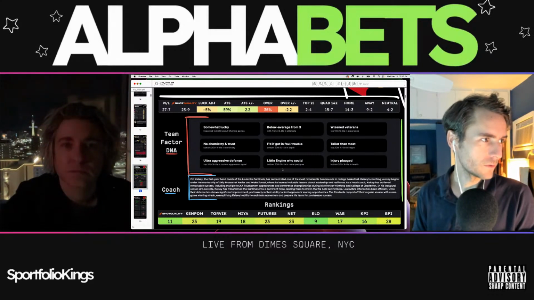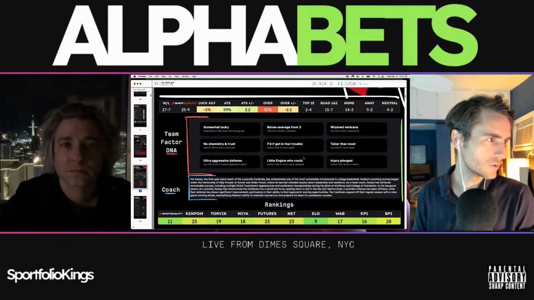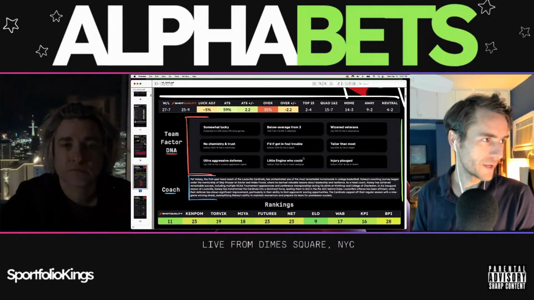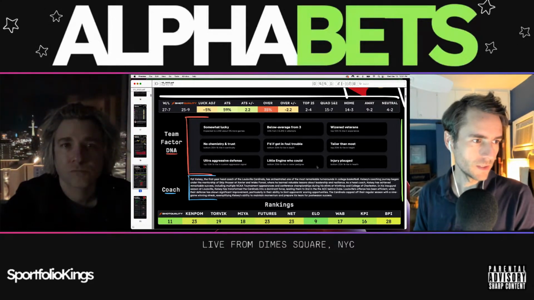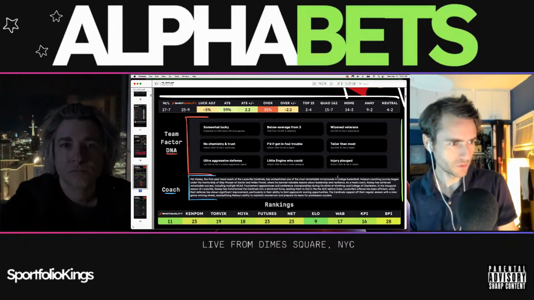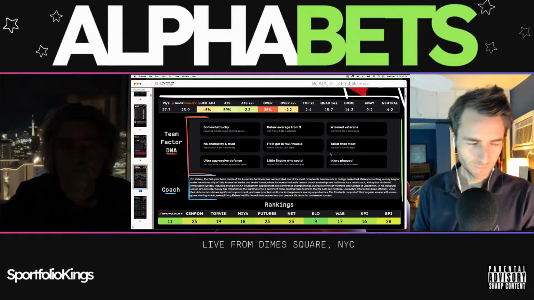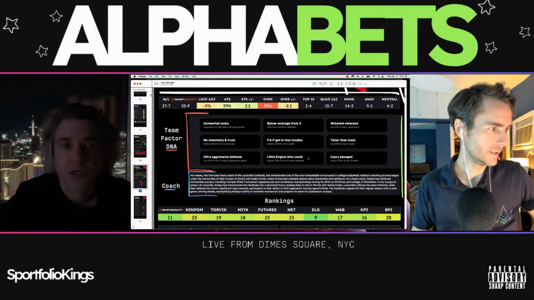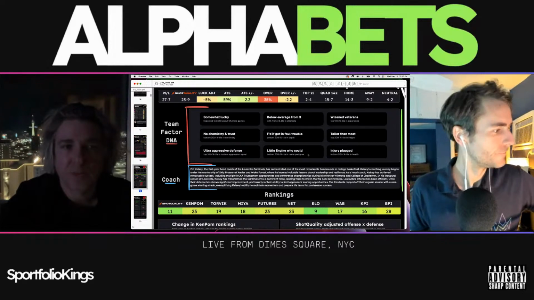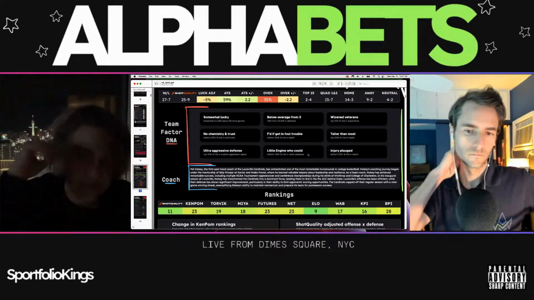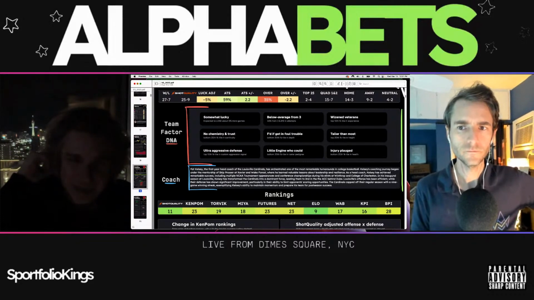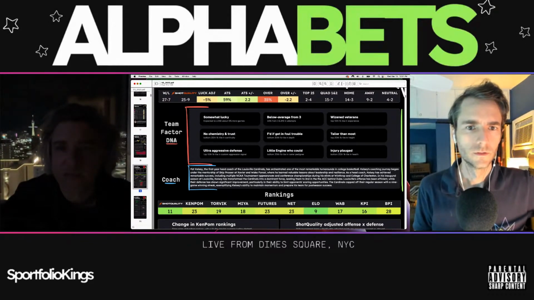Screwed if they're in foul trouble. Below average from three. They shoot around 33%, but they're 19 in attempts, so they shoot a lot of threes. Wizened veterans, taller than most, and a little injury plagued. So they're in the bottom 20th percentile in health coming in. The KenPom rankings chart's been pretty much straight up over the course of the season. So they started the season in the preseason 70s, so weren't expected to be very good.